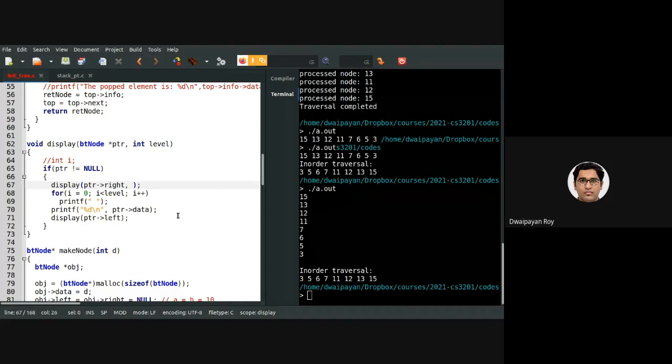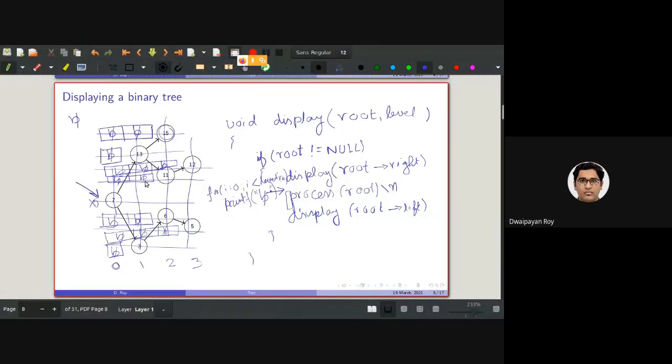Now, what will I be passing from here? Level plus... level minus 1? No, it will be plus one. Correct. It should be level plus 1. Look at the tree again. So every time, whenever I am passing the right node, I am going one level down, actually increasing the level.